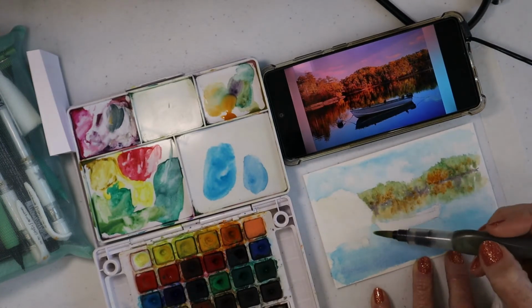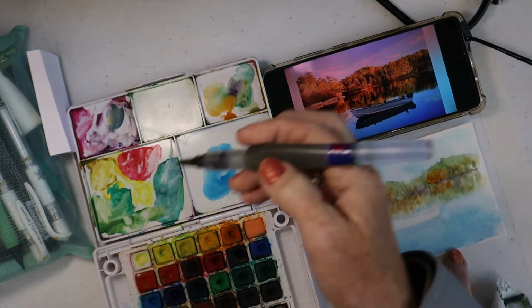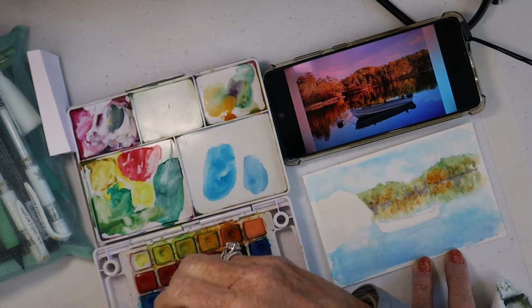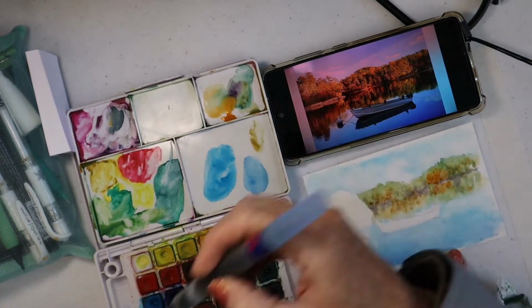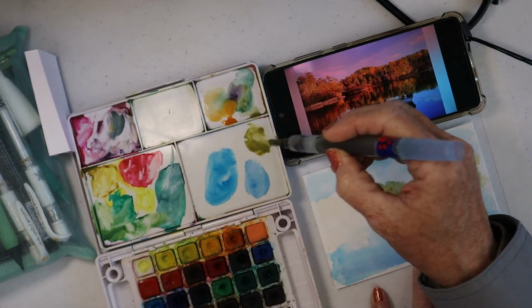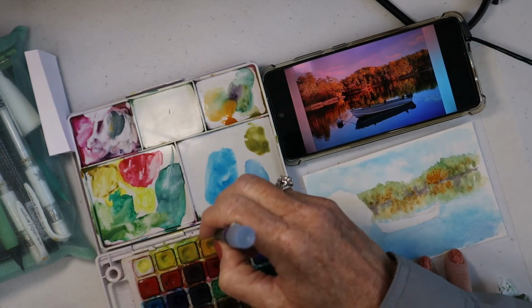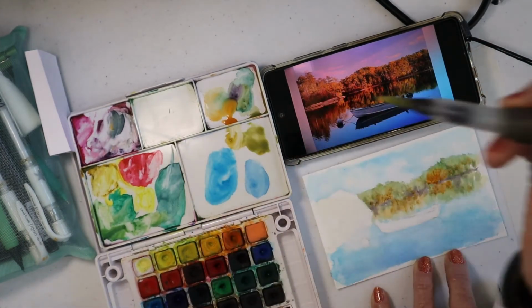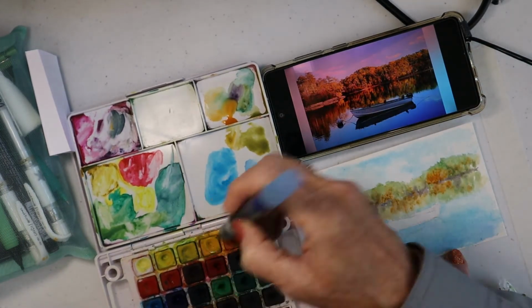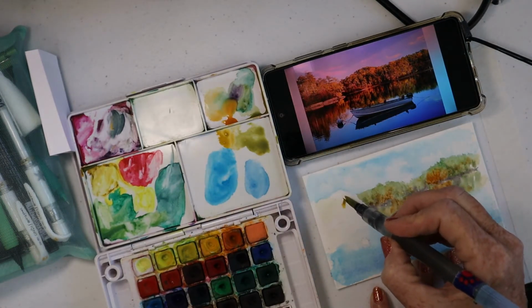It's going to be a little lighter, a little brighter. But I'm going to go above the skyline, so see, this is dry now. So I'm going to mix some green, some kind of a, what do you call it? Olive green. Wants to have some more yellow in it. And if you want to change the color of your trees, hey, go for it. These are warmer,